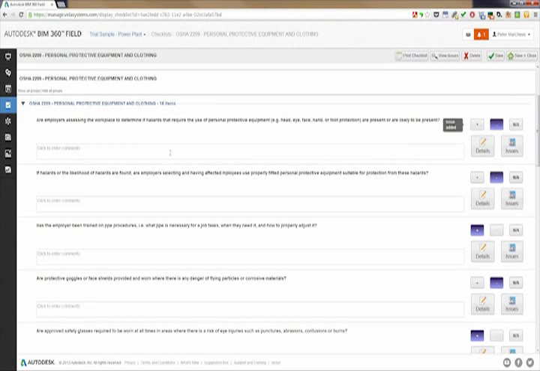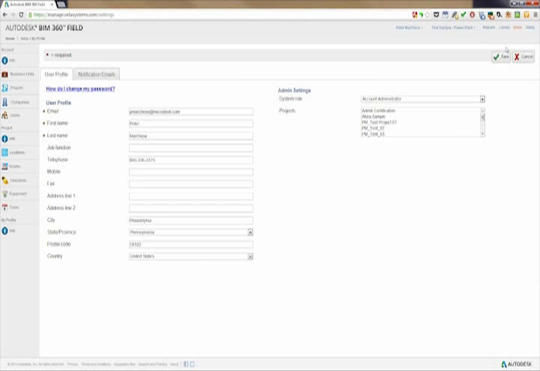So this is just a quick overview of some of my checklists, and I'm looking at a specific checklist for safety. Now, this one here is based on a template. I can look at it, I can set it up. The templates themselves are something that anybody can manage and set up for your project. If I look at my project setup, and I take a look at my checklists,